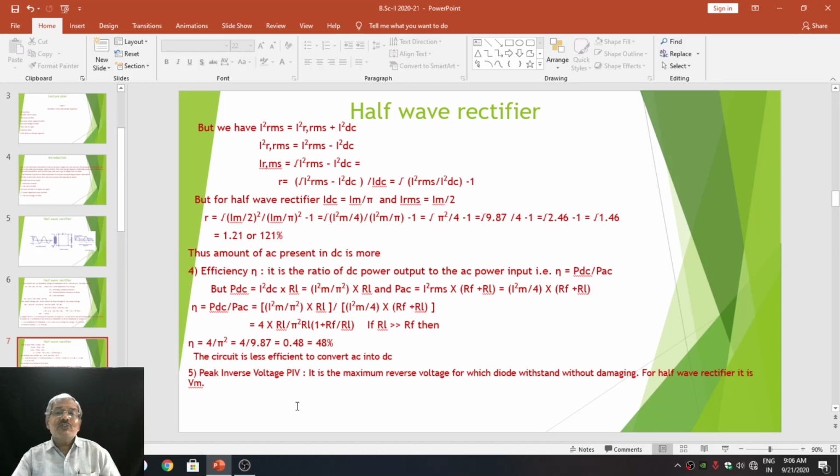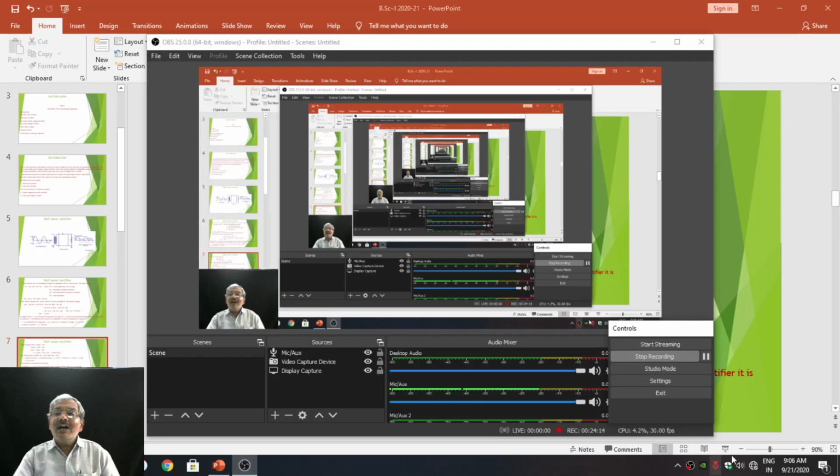So that's all about today's lecture on the half wave rectifier. Next time we will begin with the full wave rectifier circuit. So please do prepare the half wave rectifier so that it becomes very easy to understand the next lecture, which is totally dependent on this particular half wave rectifier, where we are going to start with the full wave rectifier circuitry. So that's all about today's lecture.